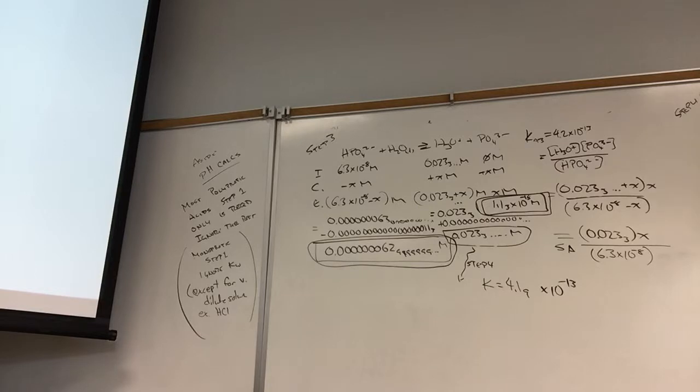KW is 1.0 times 10 to the minus 14, which is equal to the hydronium times the hydroxide ion concentration. And so this is going to equal 0.0233 plus X times X. We try the simplifying assumption, see if it works. So SA, 0.0233 times x,